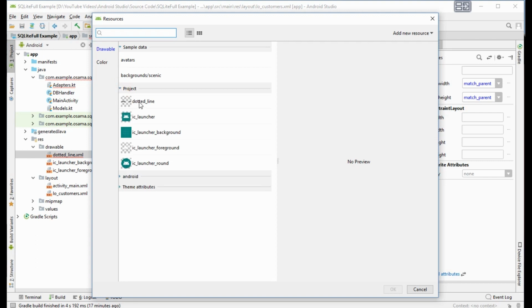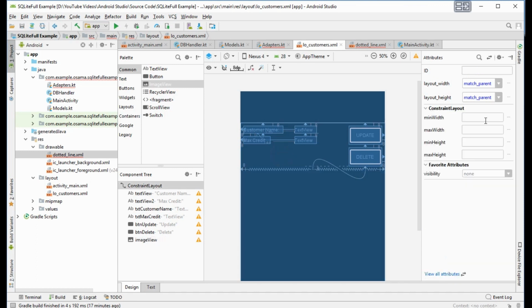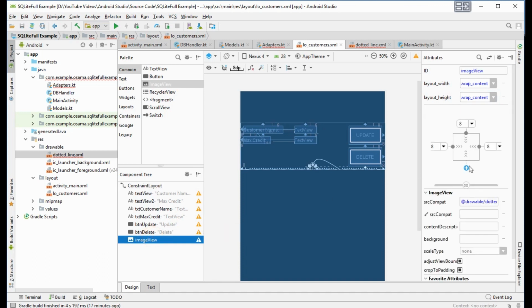We will use this dotted line and link it here and link it there and here, and this layout, the height will be wrap content, and the image we will link it from down.